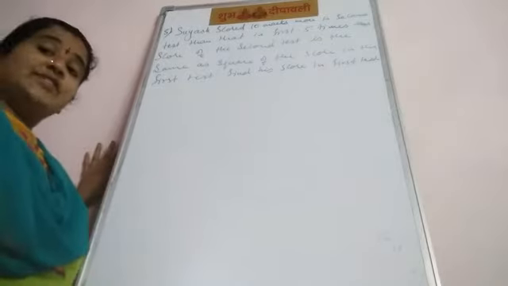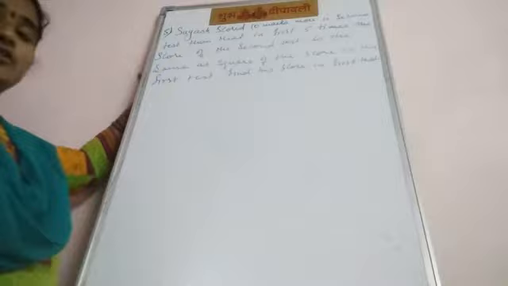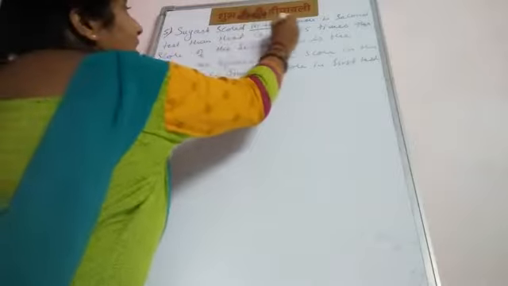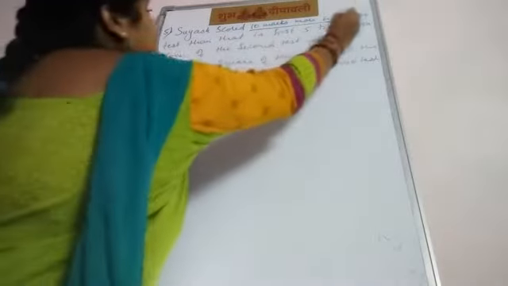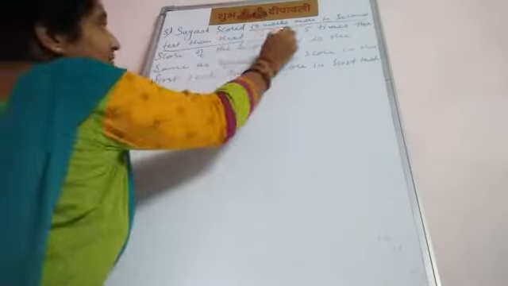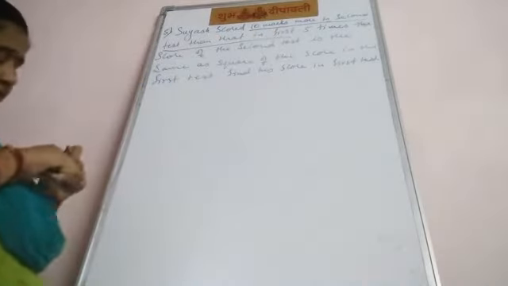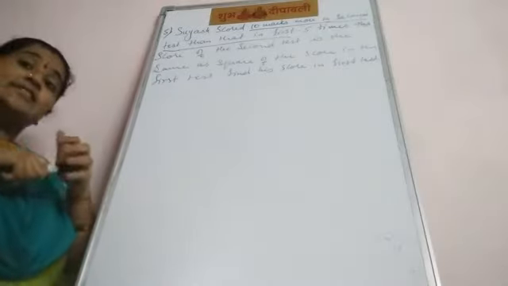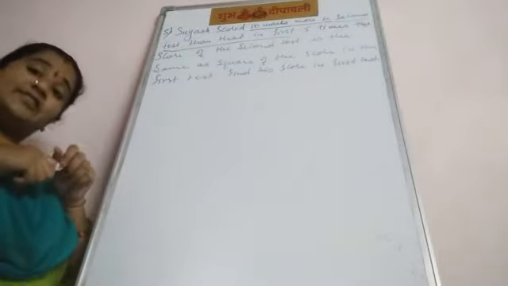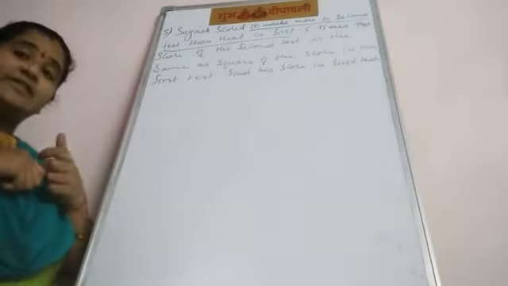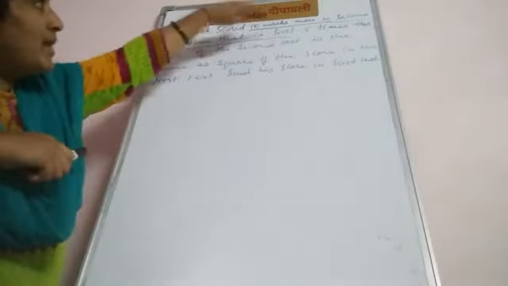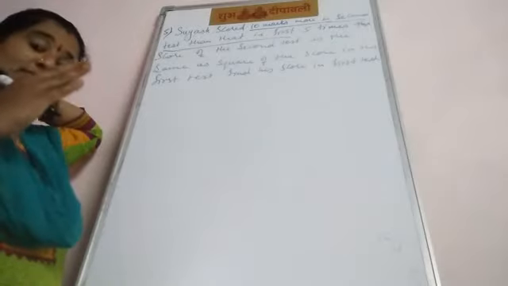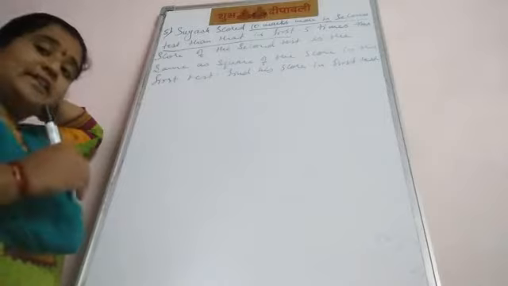Students, now next question, fifth question. In the fifth question, it is about marks. Suyesh scored 10 marks more in the second test than in the first. So in the first sentence, what is he explaining about the second test? In the second test, he got more marks than in the first test. So first, let us consider the first test marks equal to x. Then we will write the second test marks.